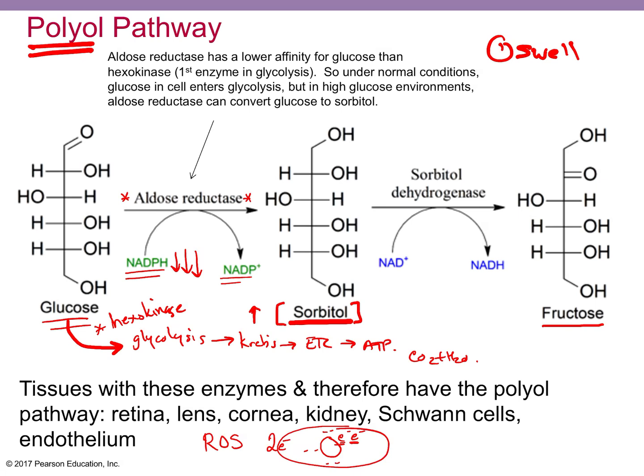Antioxidants will absorb these ROSs, these reactive oxygen species. So glutathione is one of those antioxidants that will minimize and sop up, right, take away those reactive oxygen species. This kind of damage due to these reactive oxygen species is called oxidative stress. So your antioxidants will minimize oxidative stress.